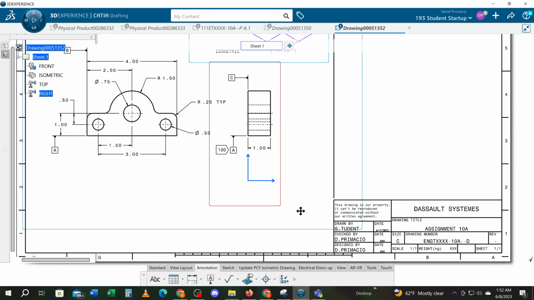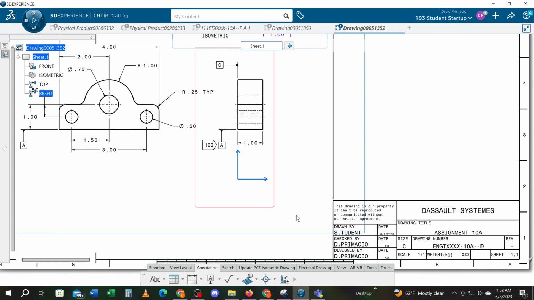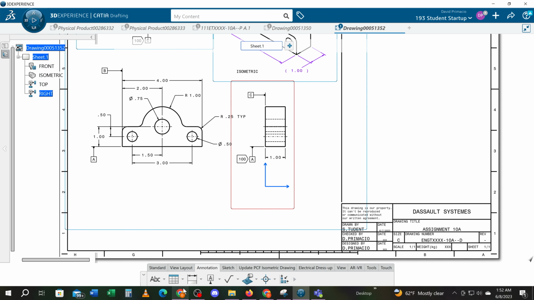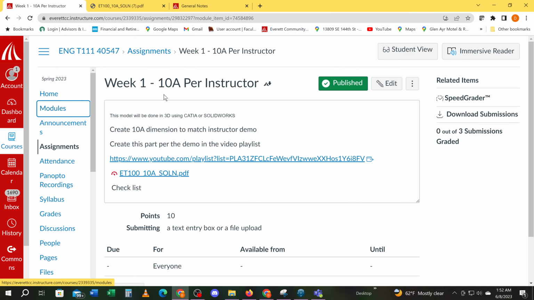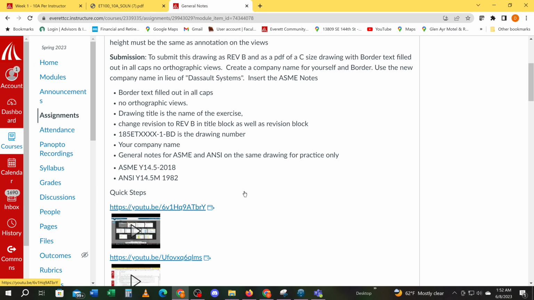Okay, were you able to add the tolerance block and the general notes? I'm going to show you something maybe a little bit different, but let's take a look at what they gave us to work with. For this exercise, they gave us this solution, and this is two-place dimensioning. The two-place dimensioning tells me that this is the ASME specs. So I have the general notes here